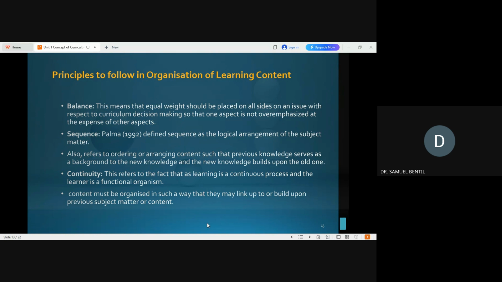That means that human geography courses dominate the program, which is not good, because at the end of the day, you are expected to teach the same subjects with the same branches. So in balance, we ensure that if we are teaching 5 physical geography topics, it should be 5 human geography and 5 practical geography. And that's what the balance seeks to do, so that one aspect is not overemphasized as against the other.